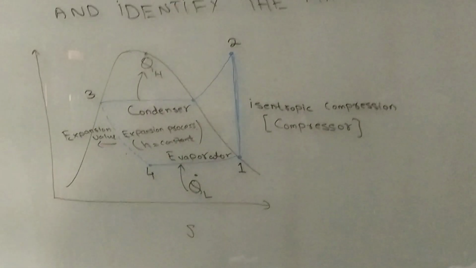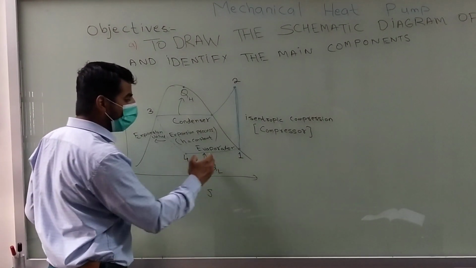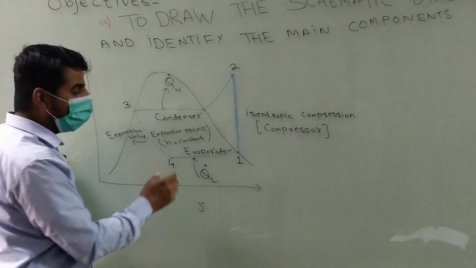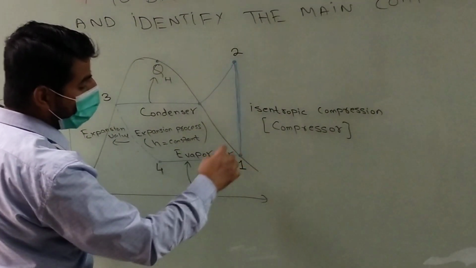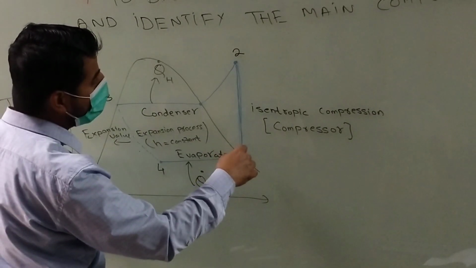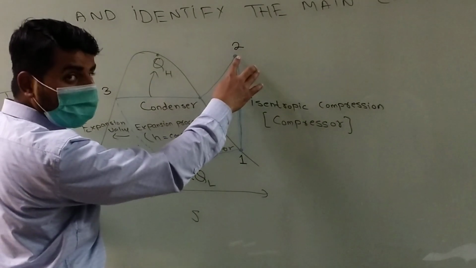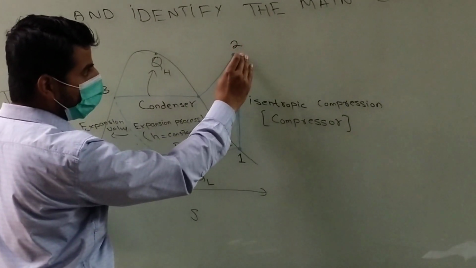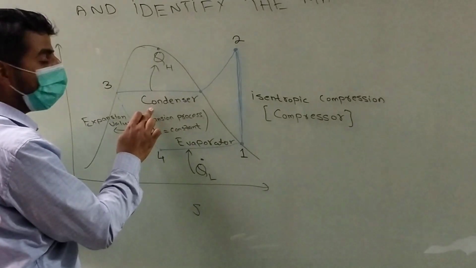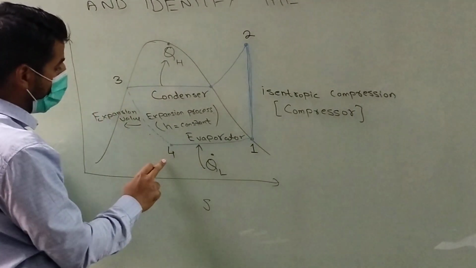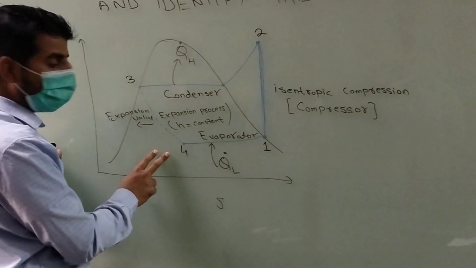So basically there are 4 processes. If I start from here, the refrigerant will first absorb heat inside the evaporator, then it will go to the compressor and the compressor will supply energy, and the state of the vapors will be changed from the saturated vapor state to the superheated vapor state, and it will reach the state 2, and from state 2 to state 3 it's a constant pressure heat rejection in condenser, and then 3 to 4 is a constant enthalpy process, and it is carried out in the expansion valve.